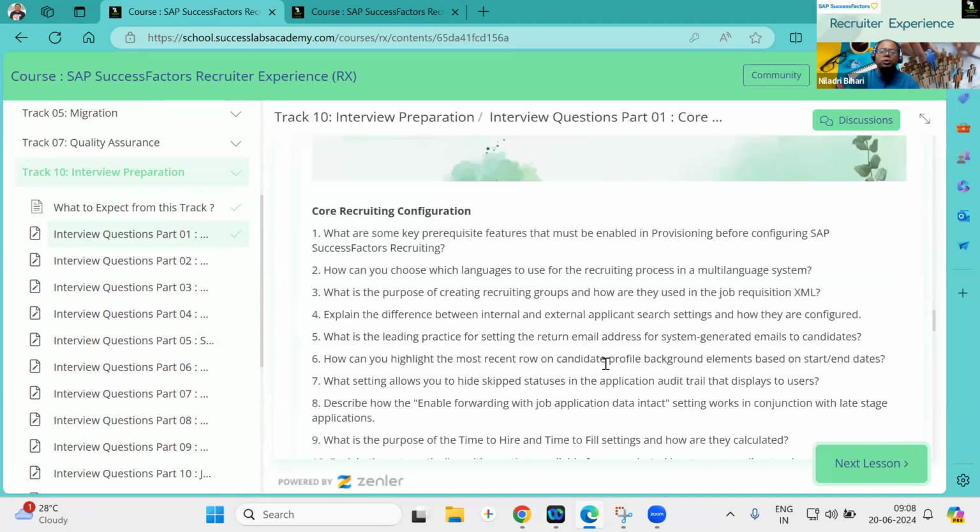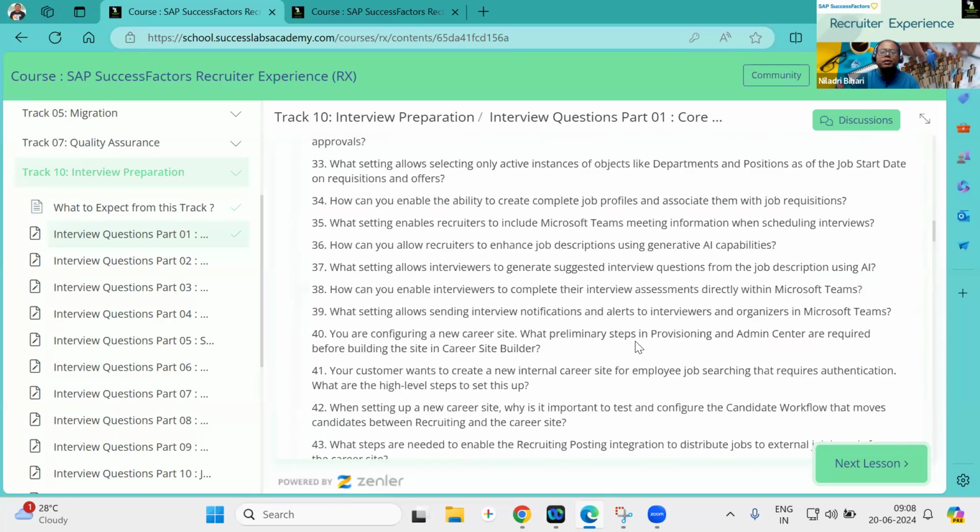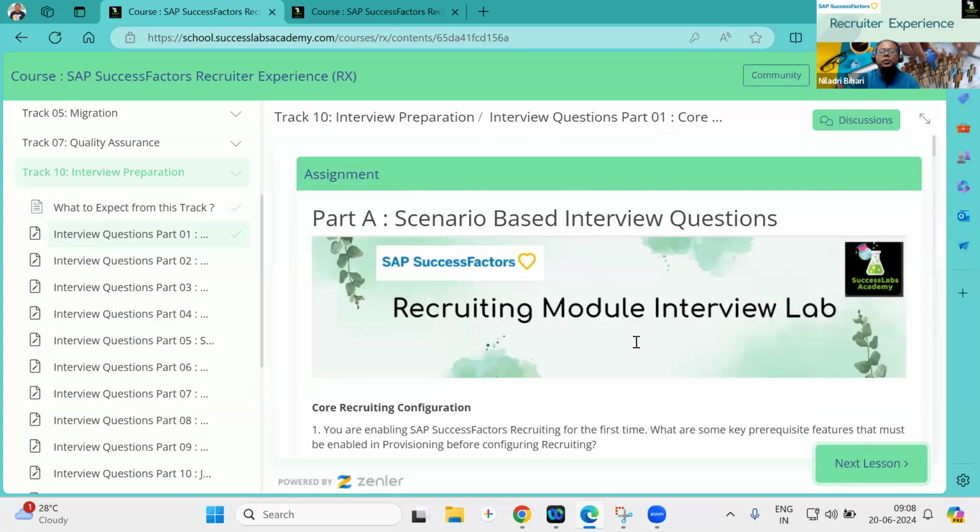And the idea is not to remember those answers, but to understand the flow. Understand the theme of the project, because today you are working in SuccessFactors recruiting, tomorrow you will be working in some other products, right? There are certain concepts that remain the same. The way you do it may vary from product to product. So try to understand the flow and the theme of the topics.